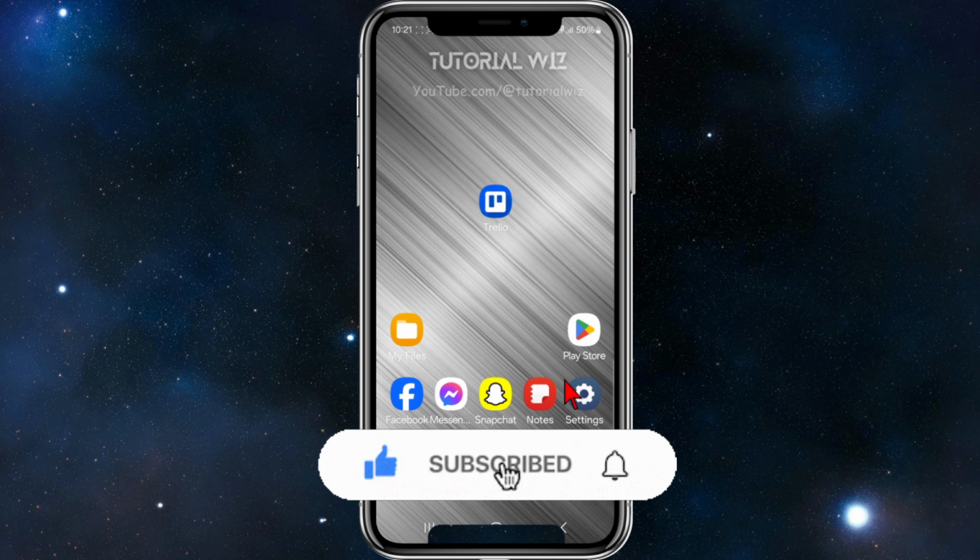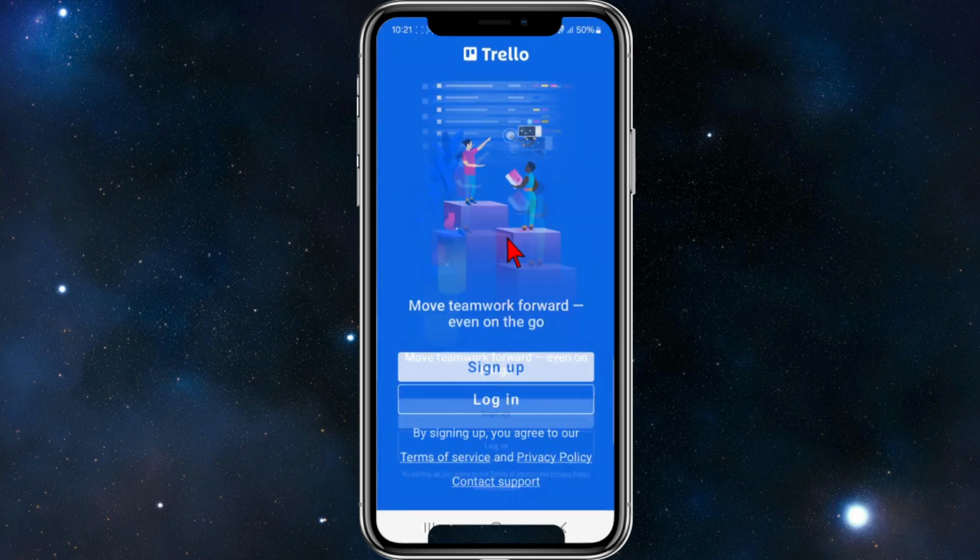Once you're happy with your decision, head back over to Trello, and your font size should be increased according